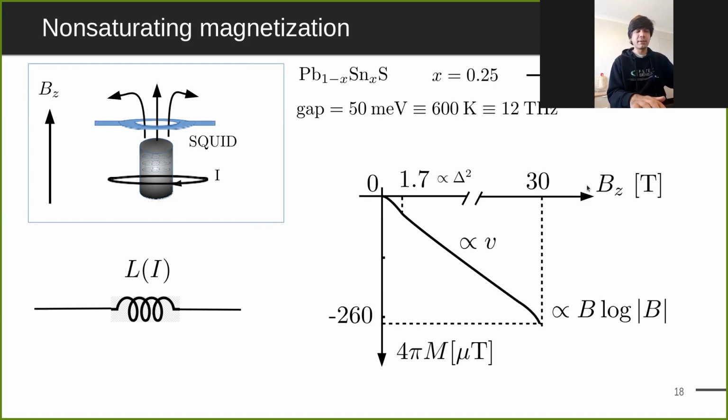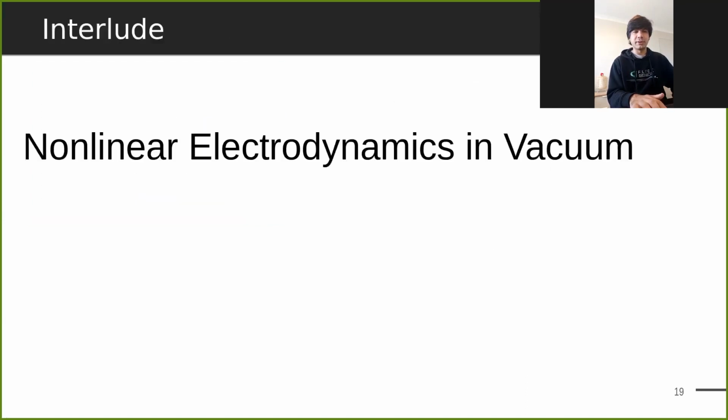And this is a detectable large effect, and it's also been seen in tantalum arsenide, which I'm going to talk about shortly. Now, after introducing you to experimental aspects of our work and what to expect and how to make realistic experiments, I'd like to take a step back from material physics and take you to a historical story on how